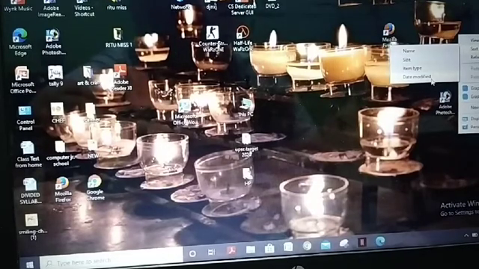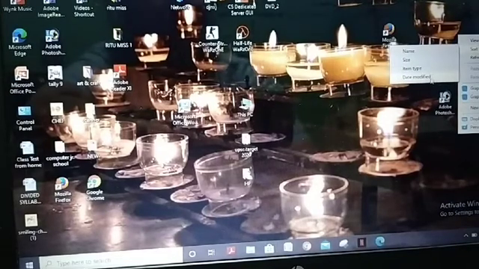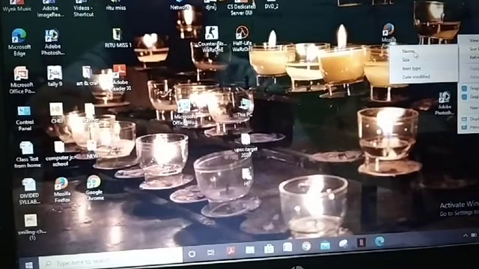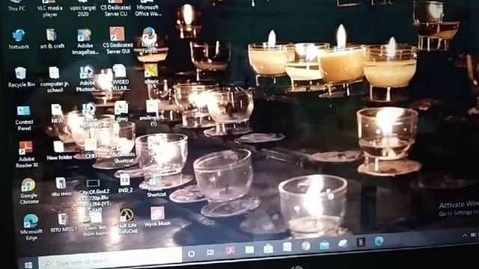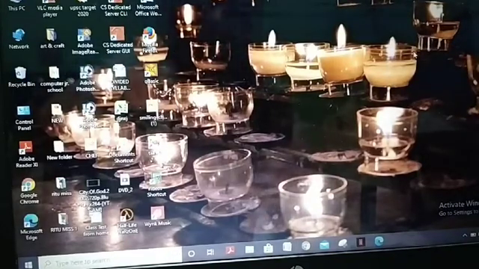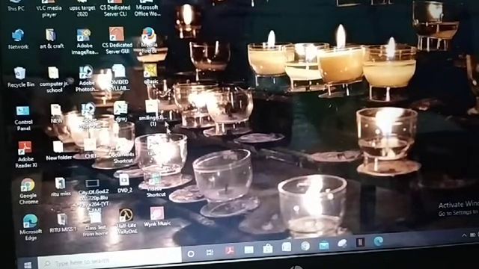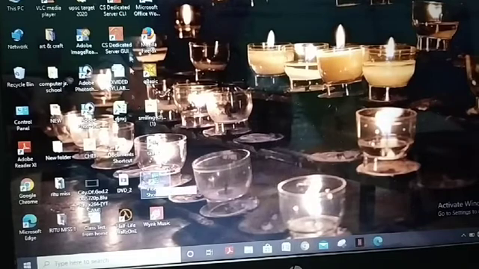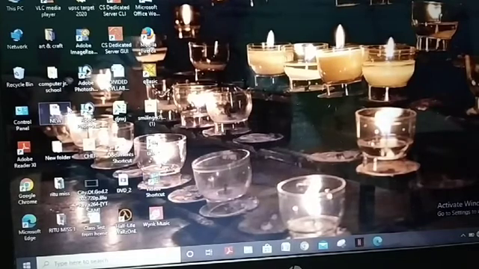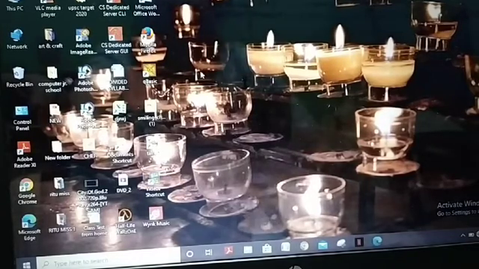Whichever you choose, files will be arranged on that basis. I am choosing name wise now. So you can see all icons are arranged now, not scattered. All files have come here, arranged according to name.